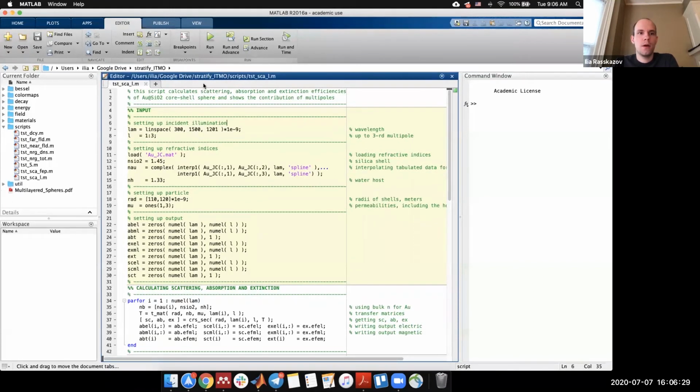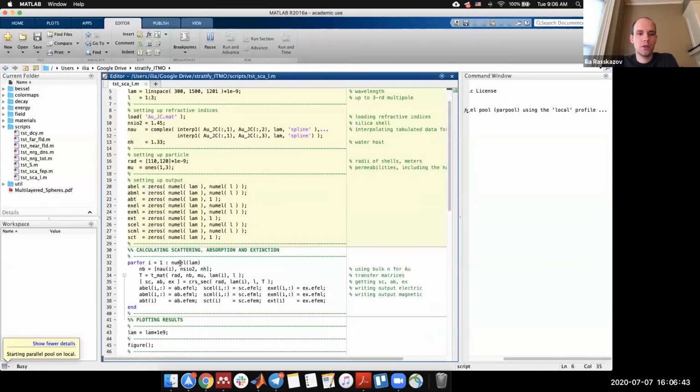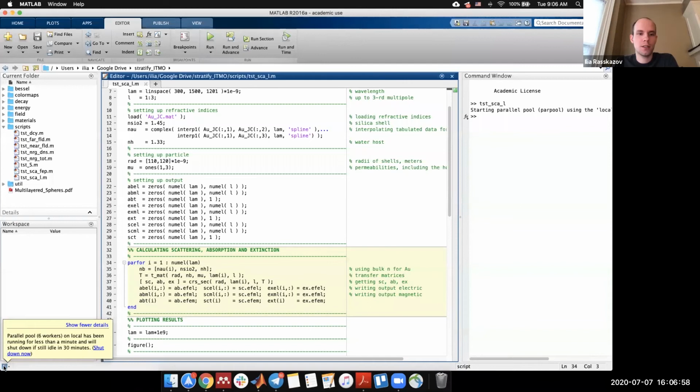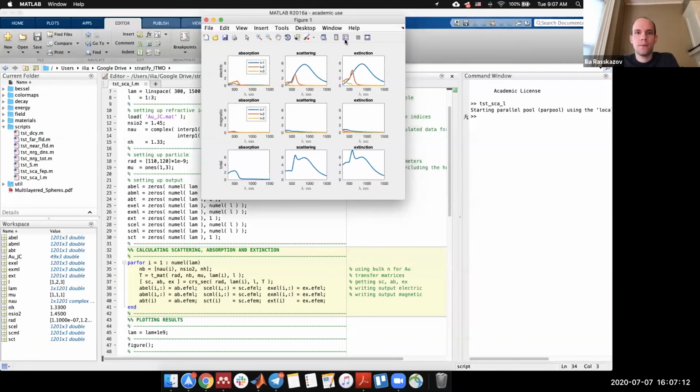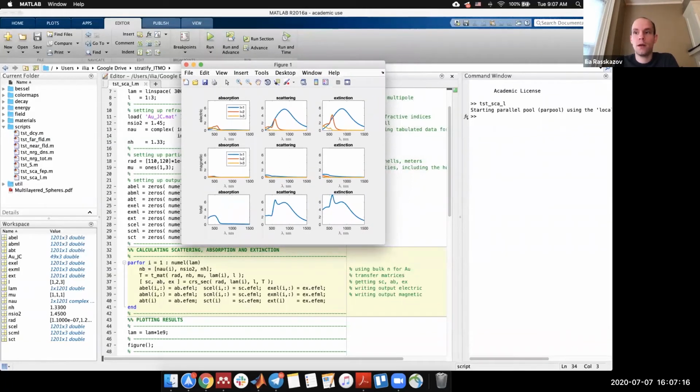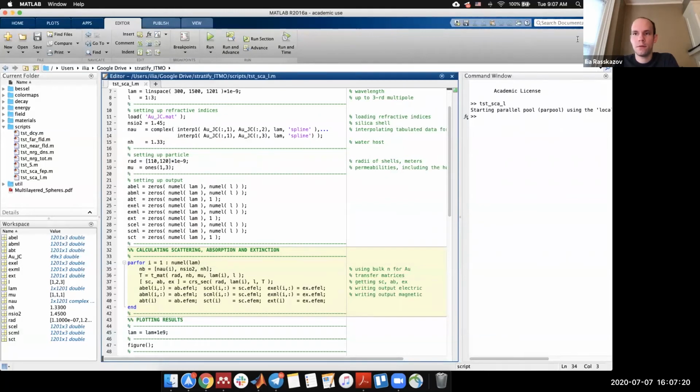Okay, let me show this guy. And it's pretty simple. You just press the button run. It will take a little while because I haven't included parallelization in Matlab. It will take maybe half a minute to initialize the parallel thread for Matlab. Once it's initialized, it will keep it, and it will keep using parallel calculations throughout our next steps. So if everything was okay, and if you did everything correctly, you should get